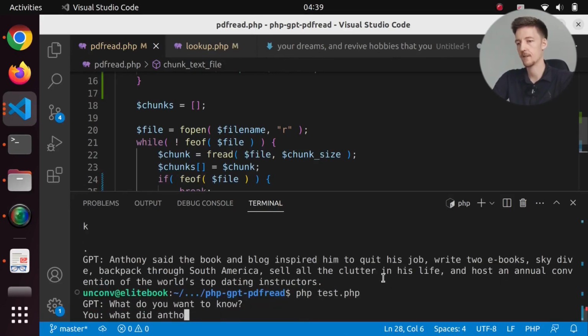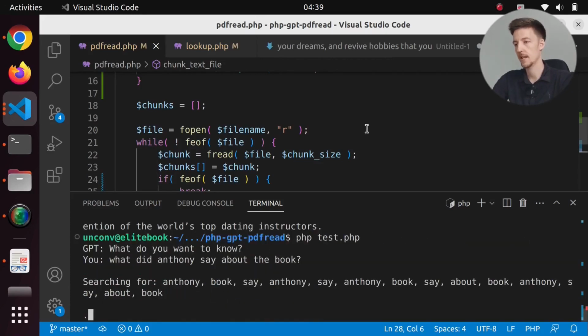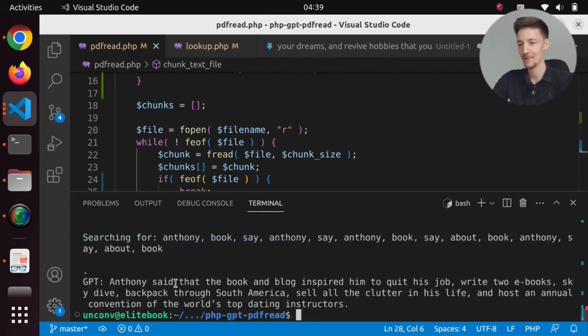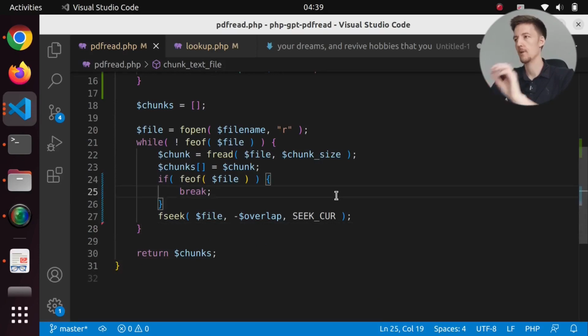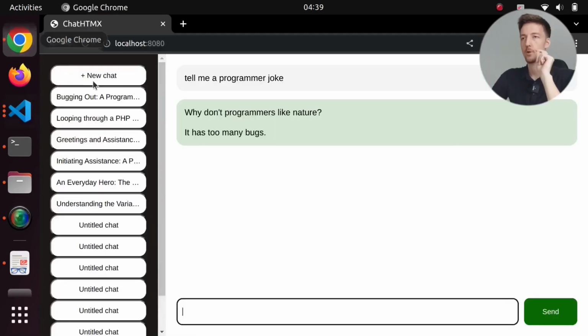What did Anthony say about the book? Why do we have Anthony so many times? Okay, it still works. So now that that is out of the way, let's try to integrate this into our